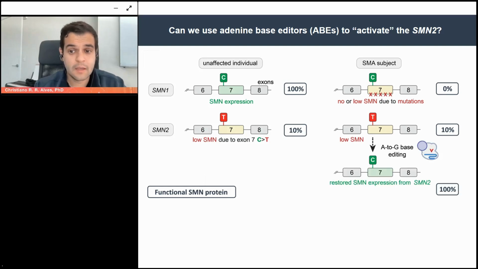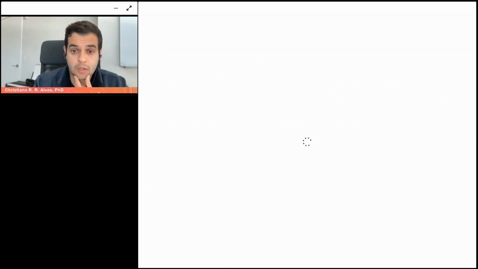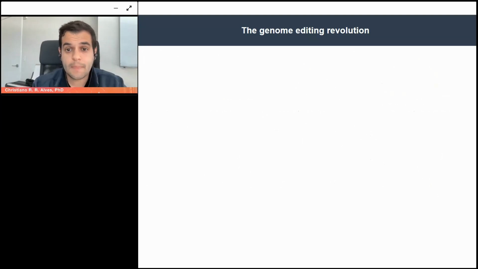How can we do that? So here's where the base editing technology joins the game. So we can make, for example, A to G mutations using base editors. And if we target the other strand of the DNA, reverting an A to G, that will revert that T back to C. And that's what I'll be sharing in the coming section. So, base editing for SMA.